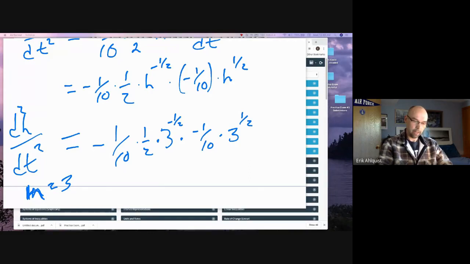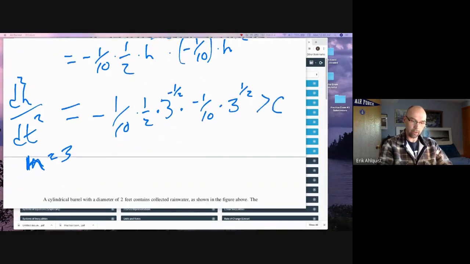And this value is greater than 0. That value is greater than 0 because we got a negative here, we got a negative here, so that value is positive. And so in the end,